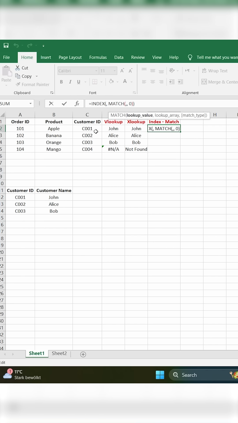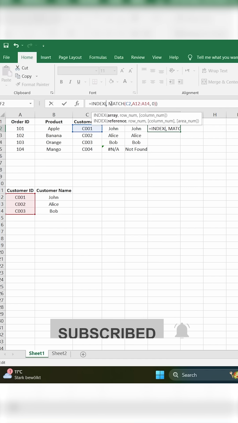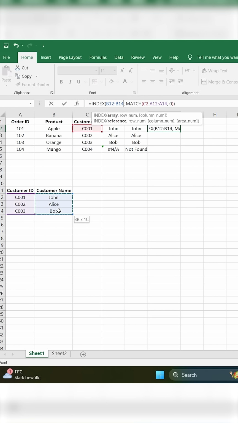Method 3, using index, match. The first argument of the match function is the same as the first argument in Vlookup. The second argument is the column range from the second table where the join is performed. The match function returns the row number from the second table where the exact value of C2 is found, e.g.,